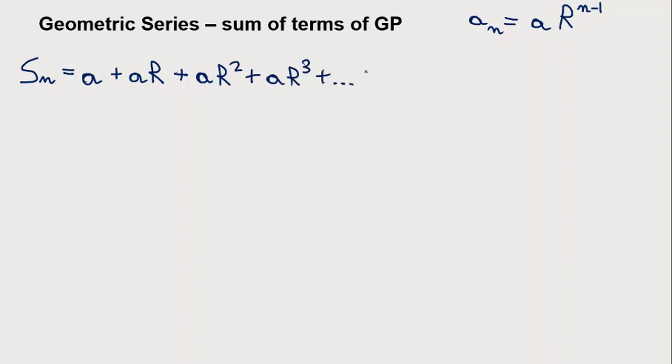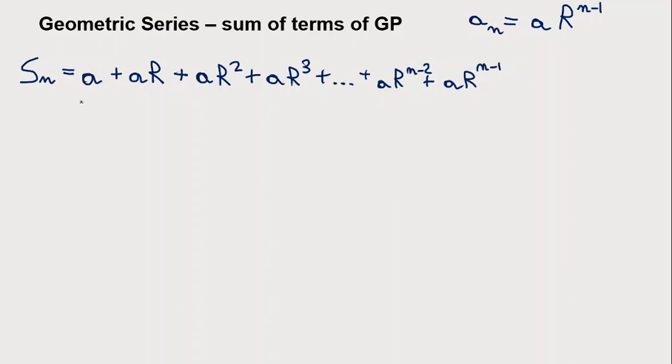It goes on until it terminates eventually with ar to the power of n minus 1, with the nth term. But what about the n minus 1 term? Imagine plugging in n minus 1 in here, you would have n minus 1 minus 1. So overall, you would have ar to the power of n minus 2. So playing around with indices enables us to actually write down the entire sequence,